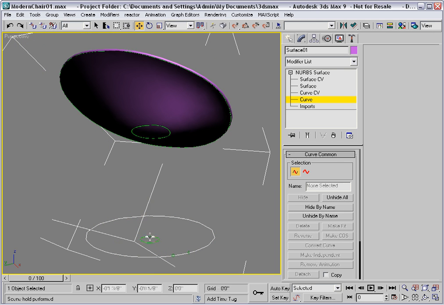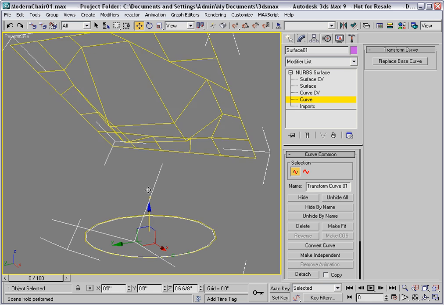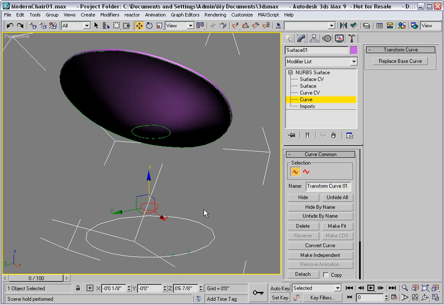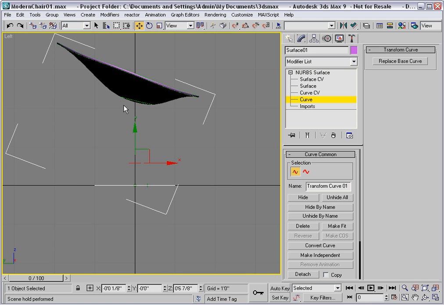Then I'll move it up a short distance like that. To see where it is, I'll go into the left viewport. Here you can imagine the lathed profile of the stem. Maybe I'll move that down a little bit, and then clone it again